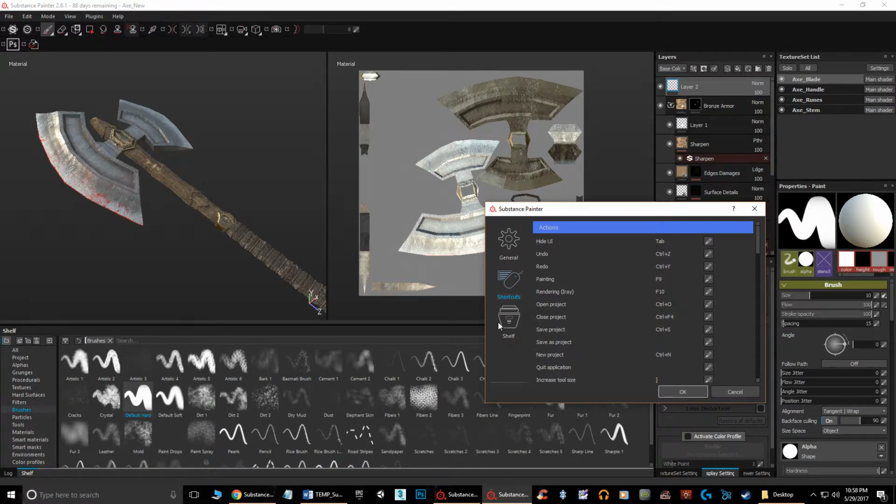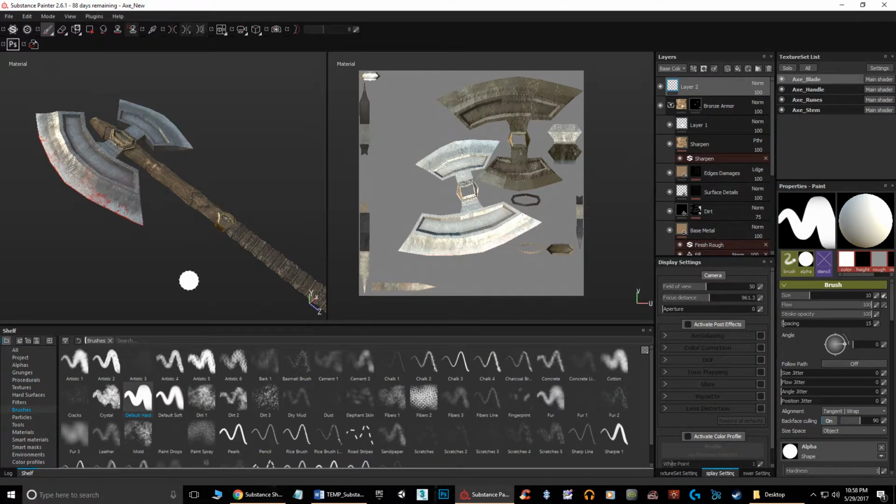Okay, the rest of the stuff, like the shelf stuff, you can look up in your own time. So I'll hit OK, and there you go. So once again, a couple of cool things about that. Like I said, you do see those icons. But speaking of hotkeys, there are a couple of other fun hotkeys when it comes to these viewports, and one